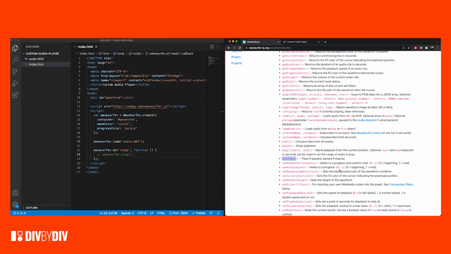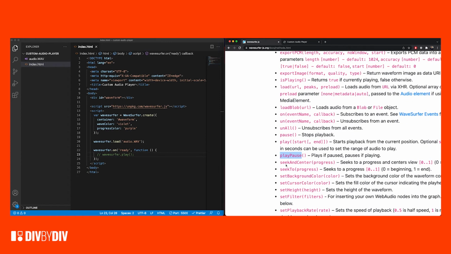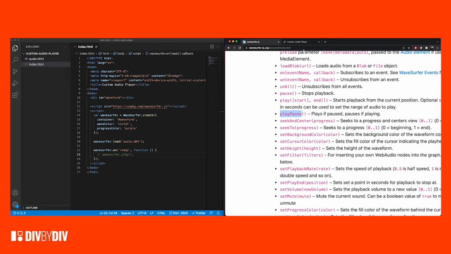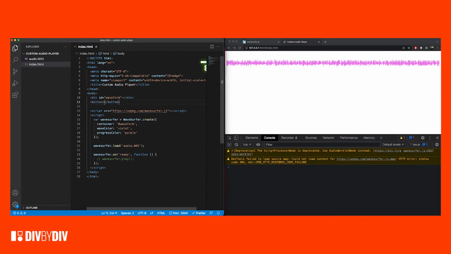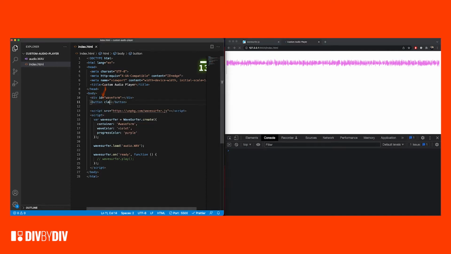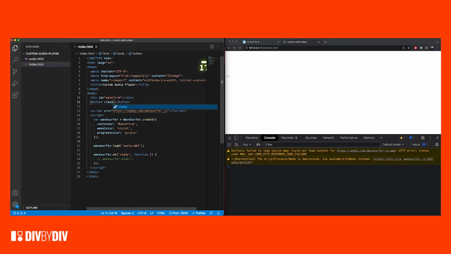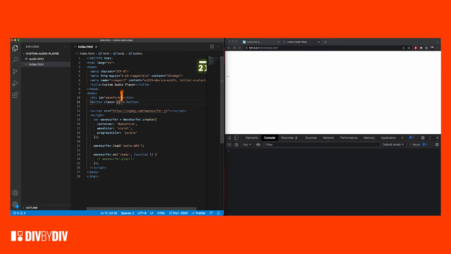So this is what we want, but we also want to add a button that allows us to click on something and make the track play or pause. For that we can just add a button here. We can assign a class of play pause button,